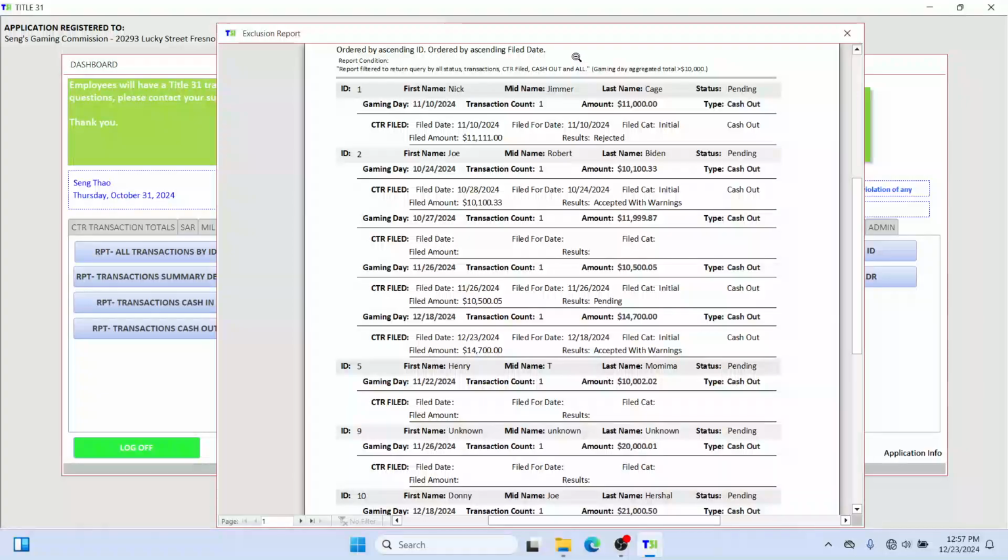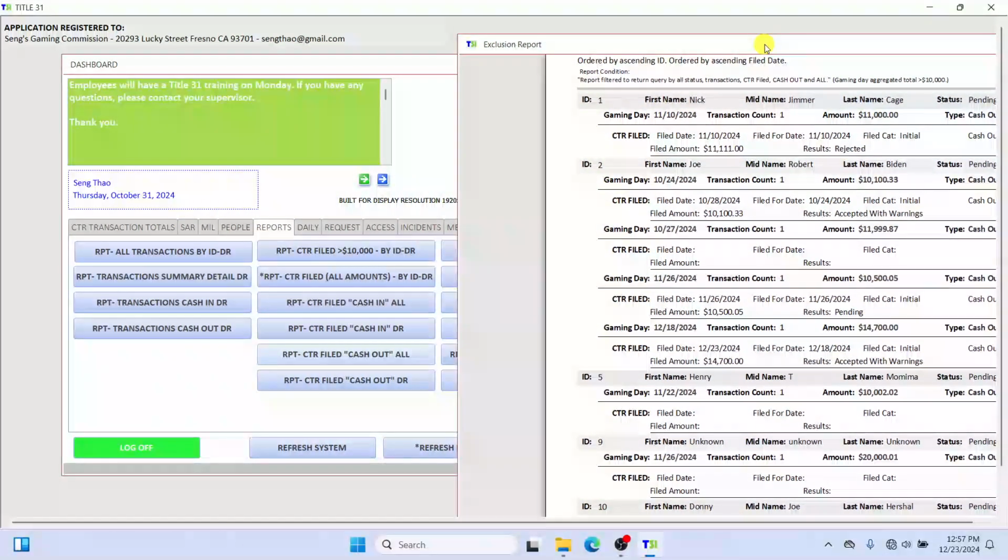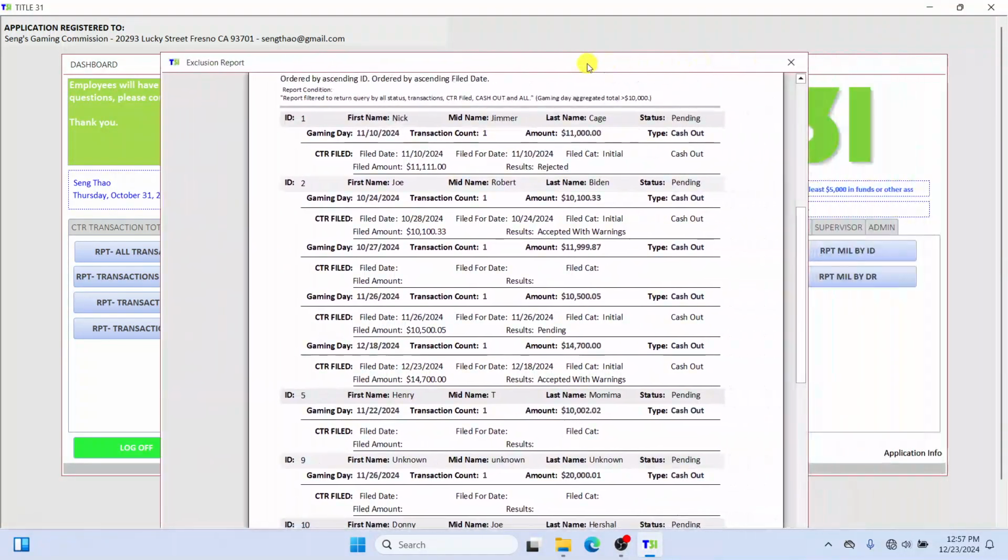If you use some of the other reports, such as the cash out by date range, or the CTR file by ID and date range, which is specific to one particular customer only, it gives you a better breakdown of that. But just remember, if you have multiple filings, they will appear under here. So for this transaction here,